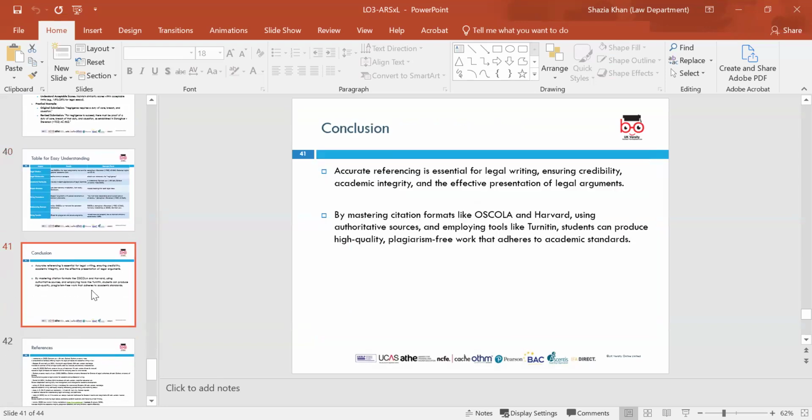So in conclusion, to learning the element of Turnitin and legal writing, referencing is really important for legal writing, ensuring credibility and the effectiveness of legal arguments. By using and formatting using OSCOLA and Harvard referencing, you are employing tools for Turnitin. Students can produce high quality work, and they are adhering to the academic standards, because you will have, as an